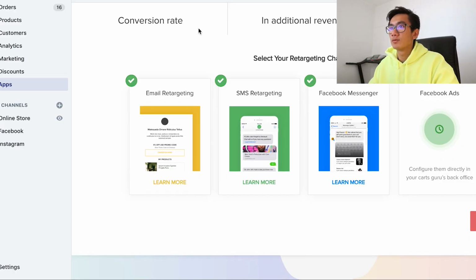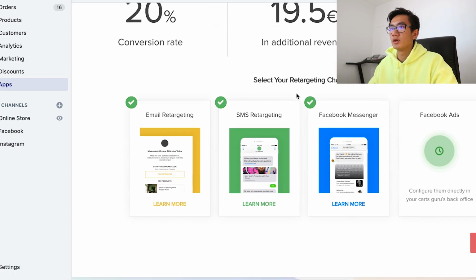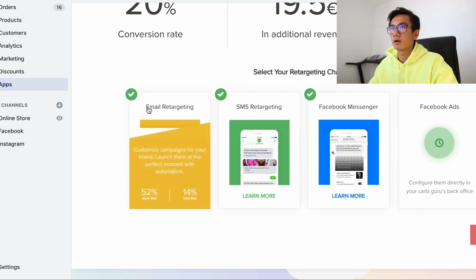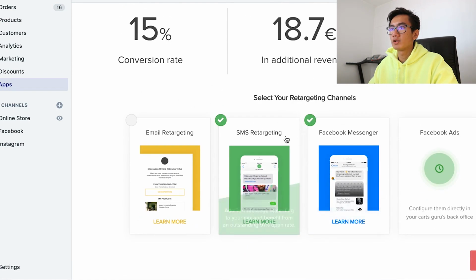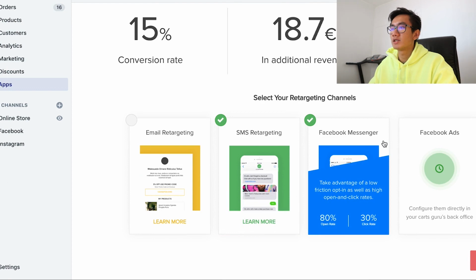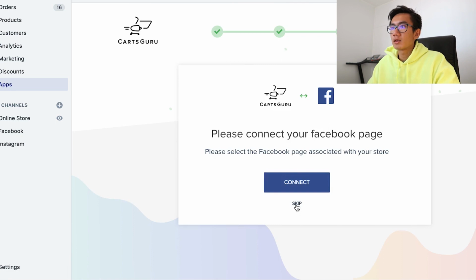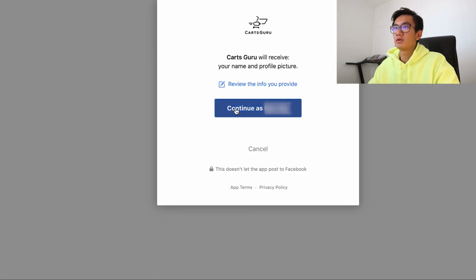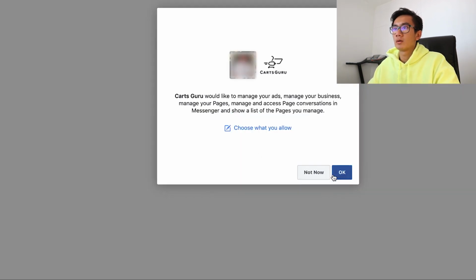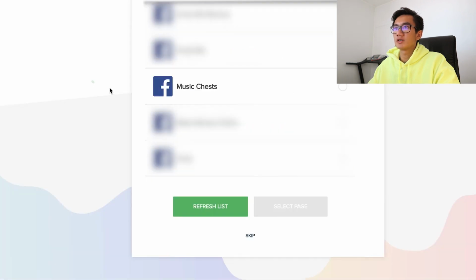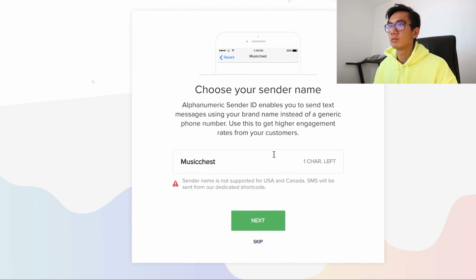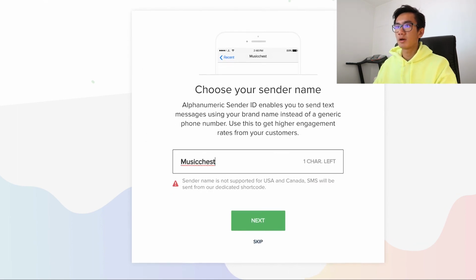Alright, so it seems like it's working now. So what I'm going to do is I'm going to turn off email retargeting because I already have an app for that, but we're just going to set up SMS retargeting and Facebook Messenger retargeting with you on the call today. So let's go next. Connect Facebook page, continue. Okay, as you can see, Music Chest is here, so I'm going to select Music Chest, select page, and then now it's going to be Music Chest, so maybe put a space. Can I make that capital? Yep, Music Chest. Next,